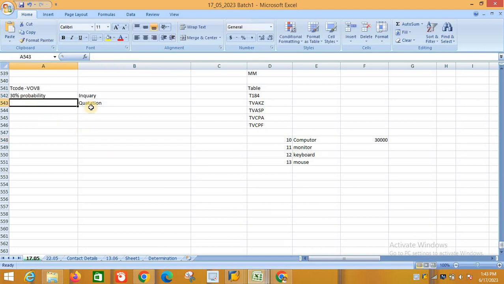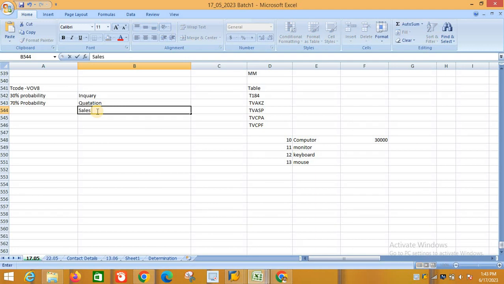At the same time, if that customer asks for the quotation, or if you give the quotation to that particular customer, then there is a 70% chance that the customer will place the order. Then the sales order. If that sales order is there, it means that the customer is going to purchase that product. So what is the probability to purchase the order? That is the 100% probability.